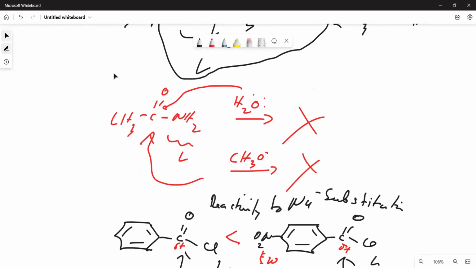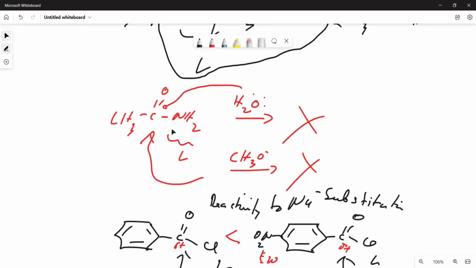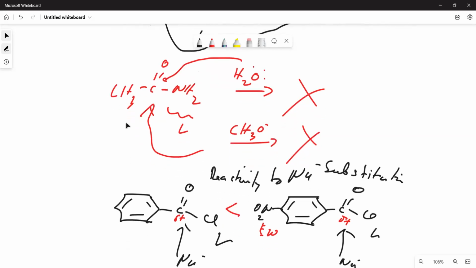Okay. How about the amides? Okay, here. Can it react with water by hydrolysis, just like anhydride? No. Why? Because amide is a stronger base than hydroxide. So it cannot displace it, you know, a strong base cannot easily be replaced, no? So that's why there is no reaction, okay? Similarly, if you use alkoxide, it cannot also displace because amide is a stronger base than methoxide. So no reaction also, okay?